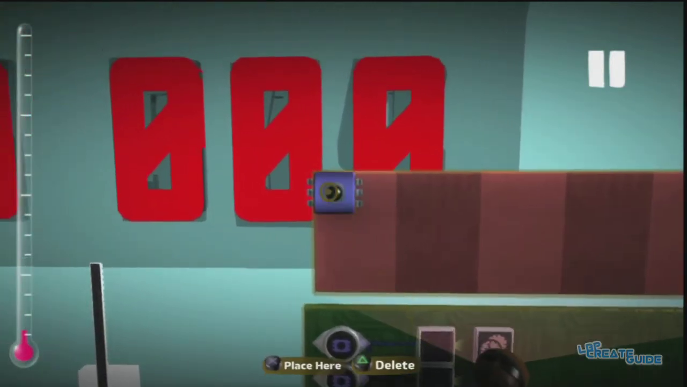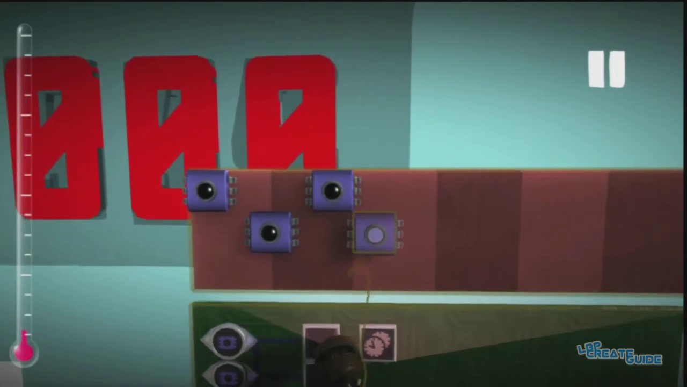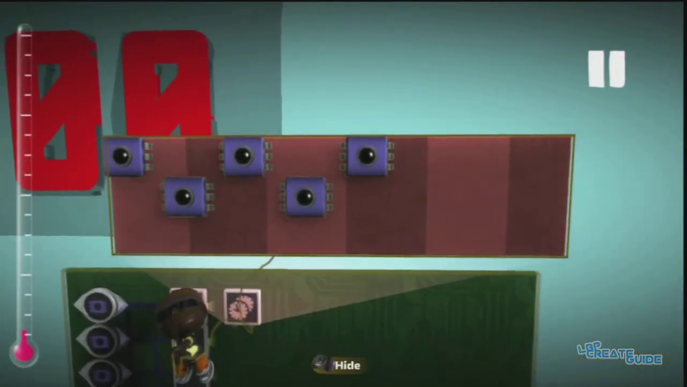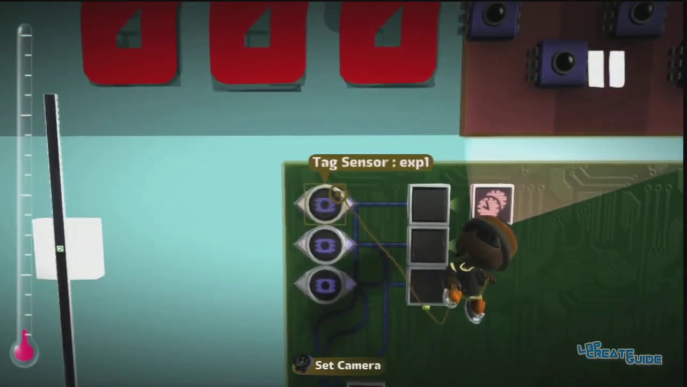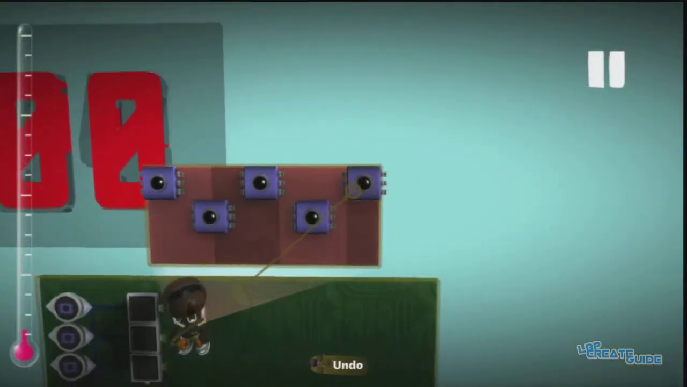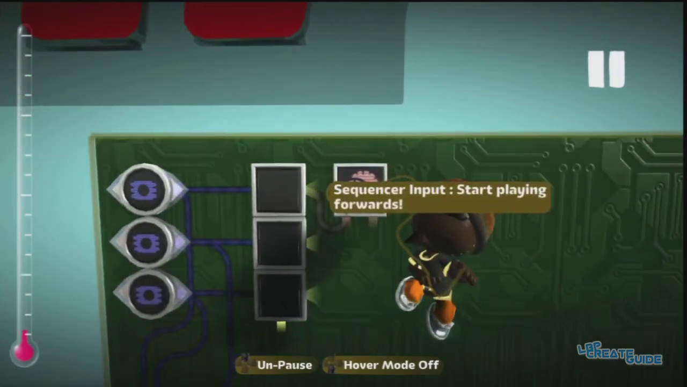So what we want to do is have a gap between each one. So 1, 2, 3, 4, 5. So let this: killing an enemy with the tag EXP1 will give us 5 EXP. So let's quickly attach, start playing forwards,